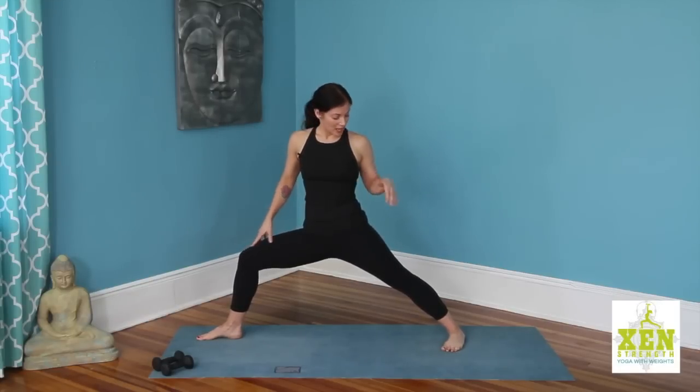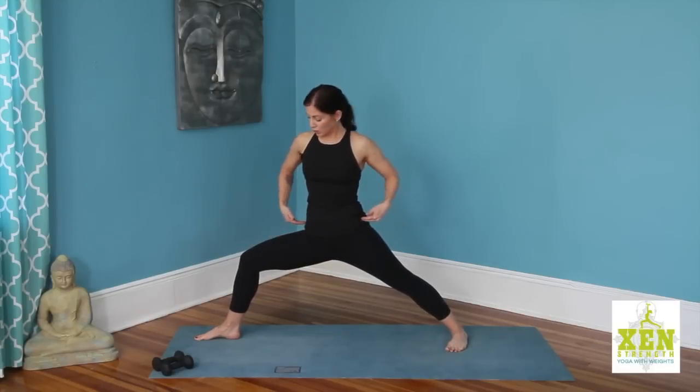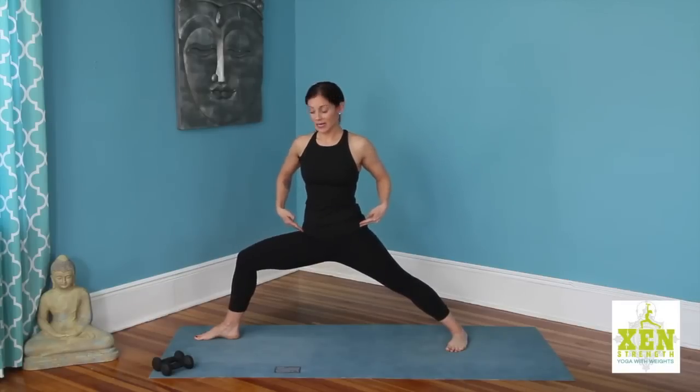as you keep that knee over the ankle. That left thigh, you're moving it away from the floor to ground the outer edge of that left foot. You don't want to put so much weight into the right foot that you start to lose that back leg. This is the anchor of the pose, so you really want to press that thigh back and ground that back foot. As you bend into that right hip crease to get the knee over the ankle, lengthen both sides of the waist,